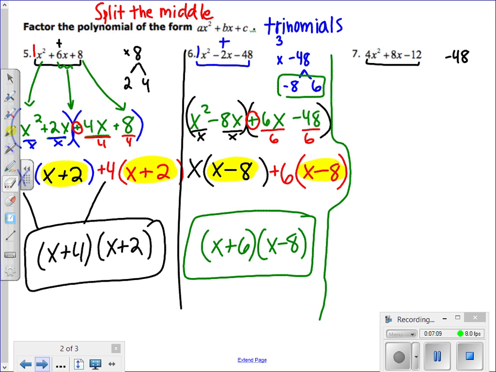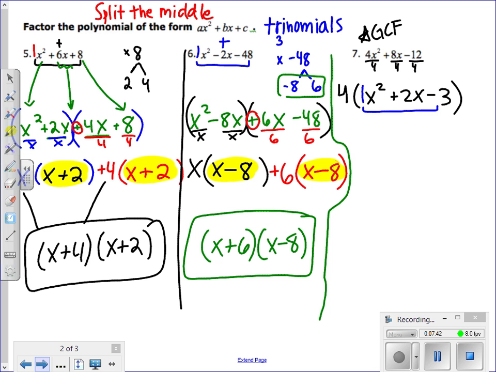And we should always remember that the first thing you do every time you factor something is look for a GCF. Well, in this problem, it appears that there is a GCF, and that GCF is 4. When I divide every term by 4, I'm left with x squared plus 2x minus 3. Well, even though I have that GCF out front, that's okay because now I'm going to do split the middle just on this inside part, which is actually going to be a lot easier because 1 times negative 3 is